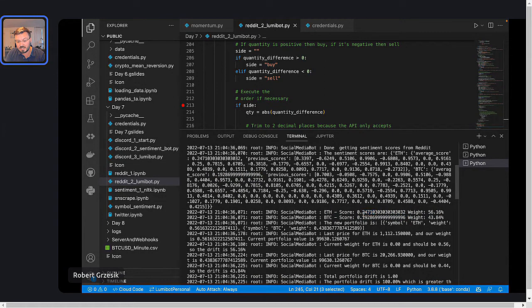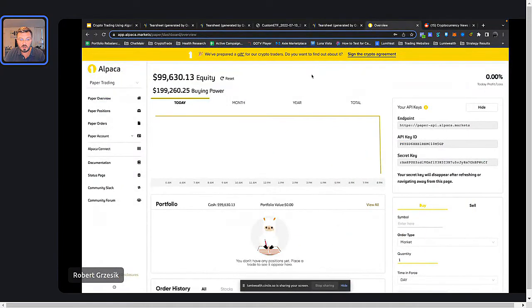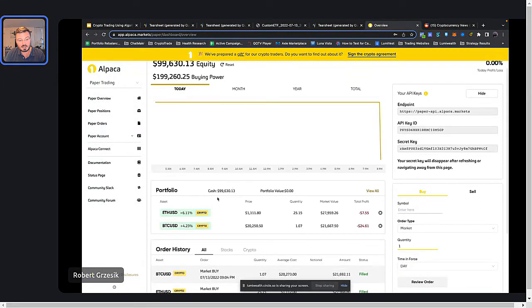Because of those sentiment scores, we give them weights. We give more weight to Ethereum than we do to Bitcoin, right? We're going to give 56% of our money to Ethereum, 43% of our money to Bitcoin. And if we pop back to our broker, you can see, if you give it a second, that it automatically bought these 2, right? Automatically bought Ethereum and Bitcoin in exactly those proportions that we're talking about, right? 27,000 or 28,000 and 21,000, right? So we're talking about the 56 and the 46%. Automatically did that for you, right?